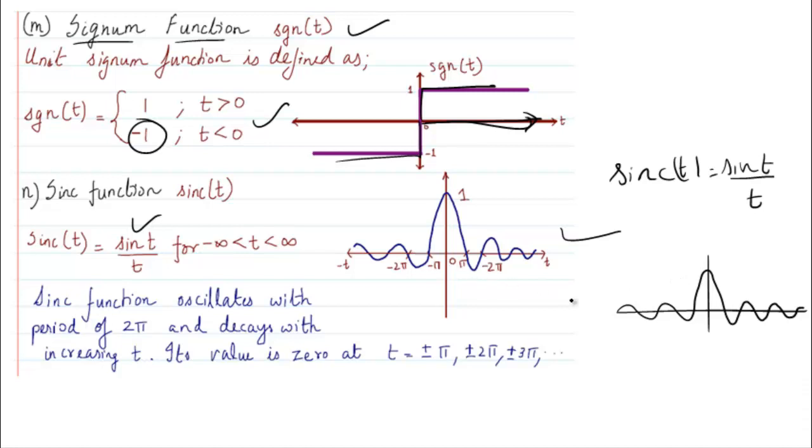Okay, what you have to remember is where all it becomes 0. A sinc pulse will become 0 at pi, 2 pi, 3 pi, 4 pi. That means at all the multiples, t equal to plus minus k pi, where k is an integer which goes from 1, 2, 3, 4, all the way up to infinity. And 0 is not there. You should understand that k does not include 0. Whereas at 0, its value is going to be 1. So this is a sinc pulse.